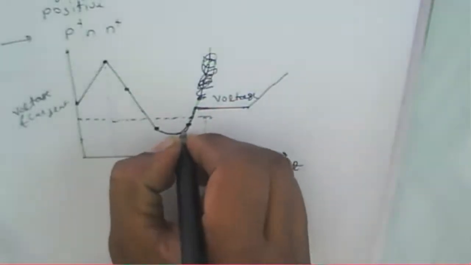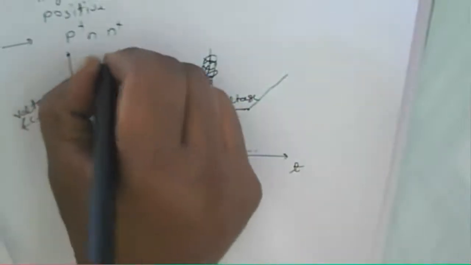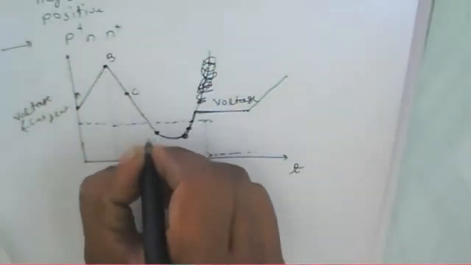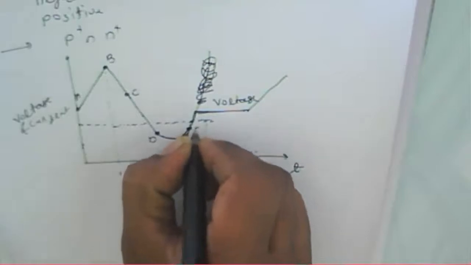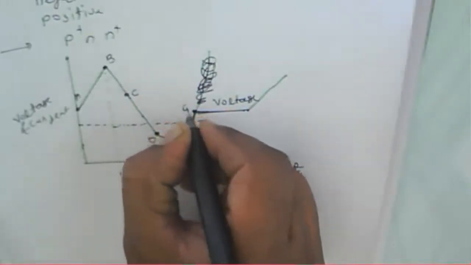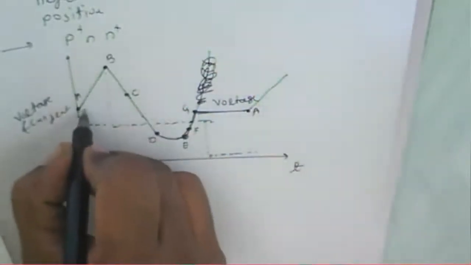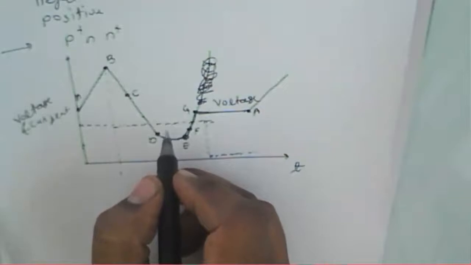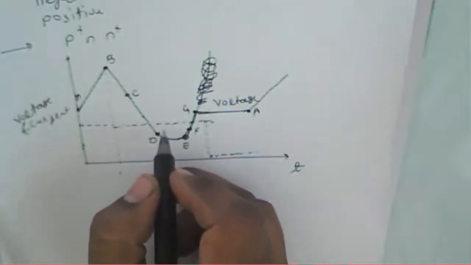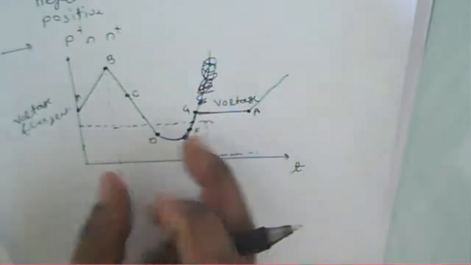Then at this point, we can say the plasma is removed. This is about A, B, this is C, this is D, E, F here. Likewise, this point is called G, and this point is called A again. It comes back here. So the plasma is retained.